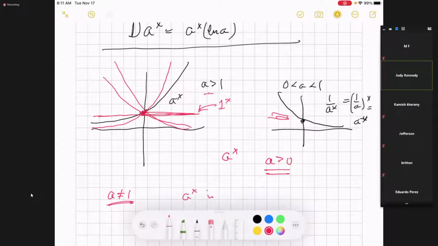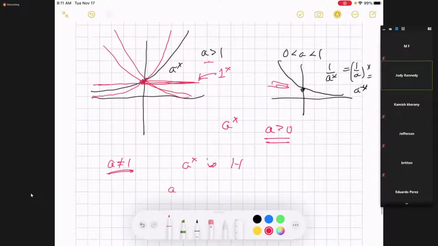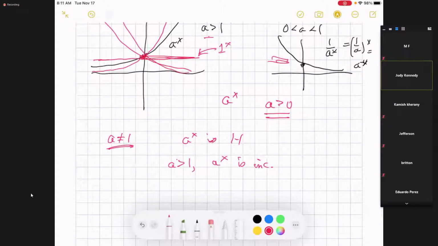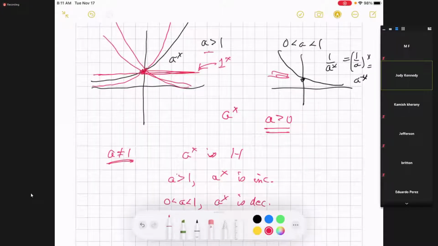A to the x is one-to-one. If a is greater than 1, a to the x is increasing. If a is between 0 and 1, a to the x is actually decreasing. And they're all concave up. Well, yeah, that's easy to see, since the derivative of a to the x